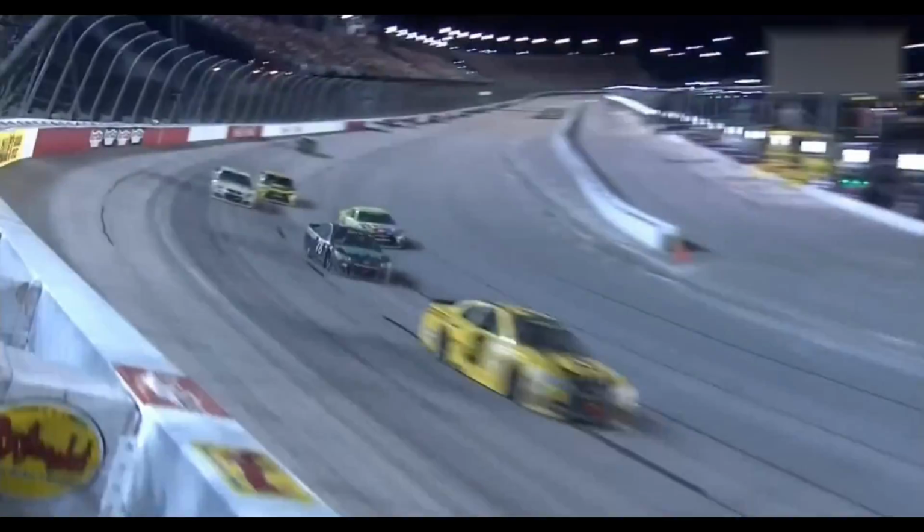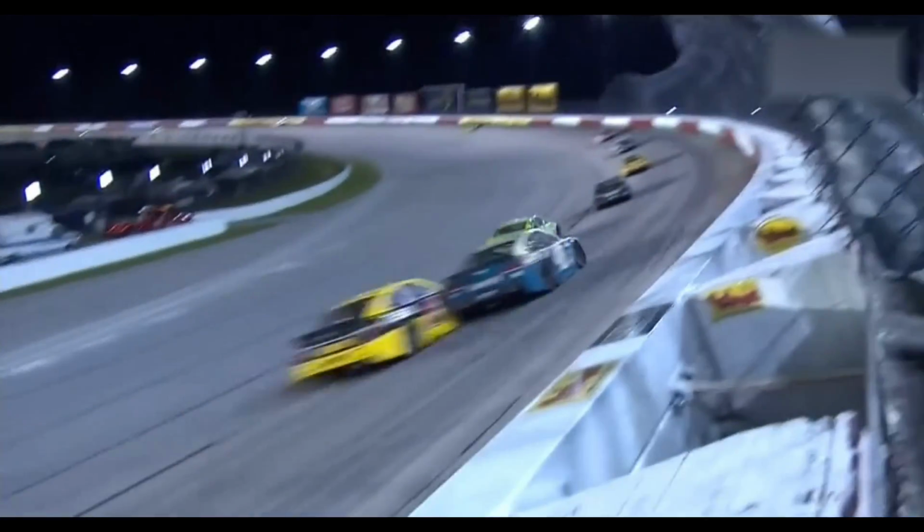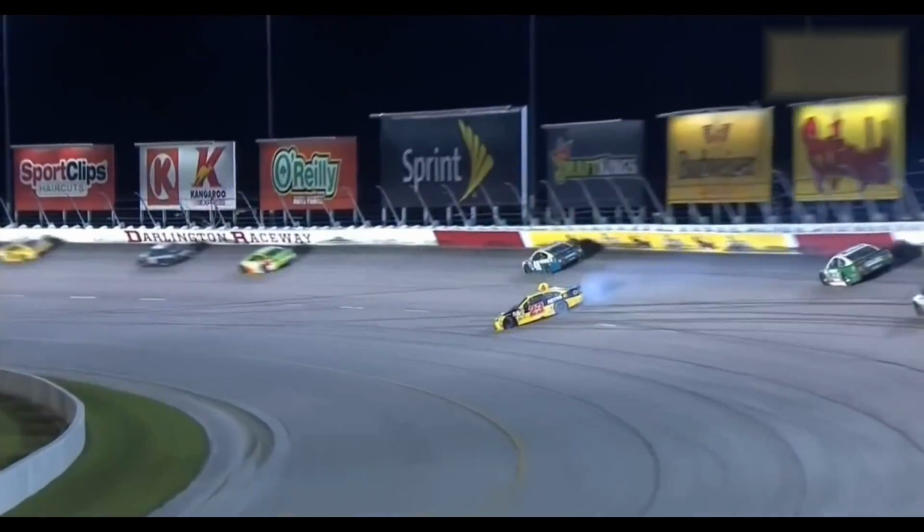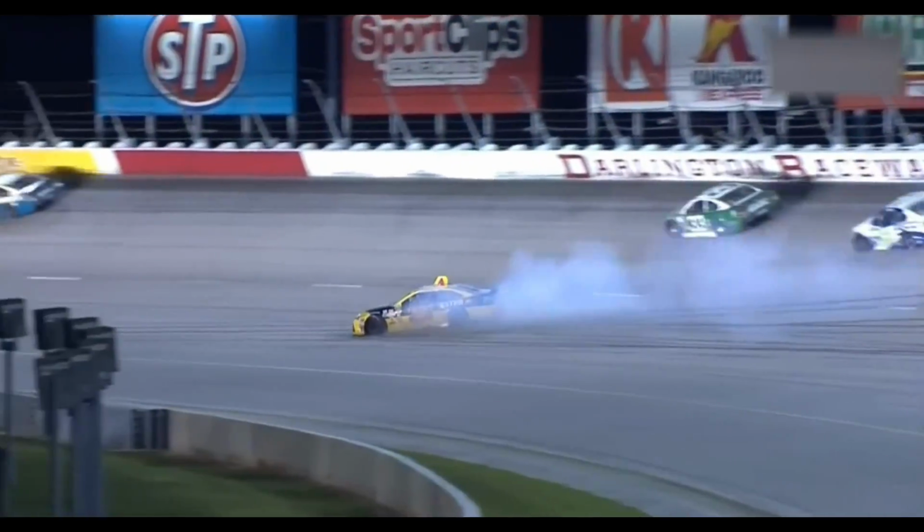We've talked about these drivers being in these race cars for over 4 hours. Well, guess what? The pit crews have been standing there all day long. They've had a lot of pit stops, more than we normally see. They've got to be